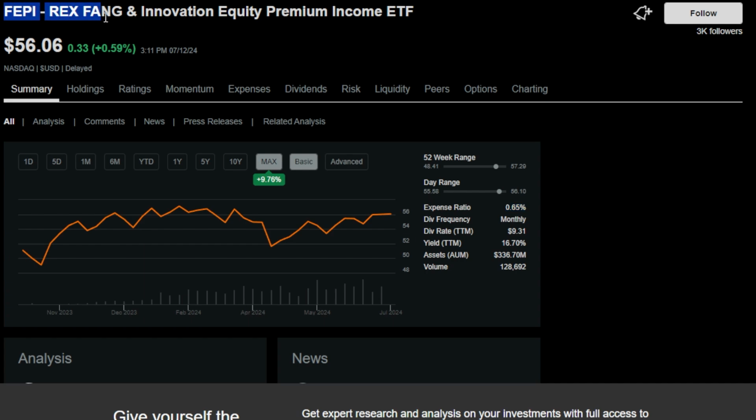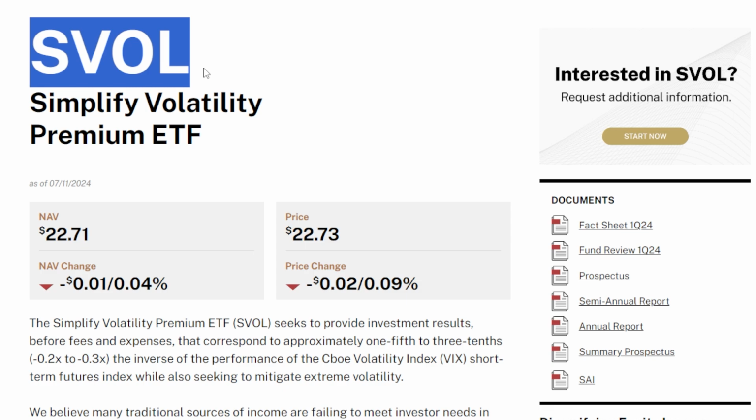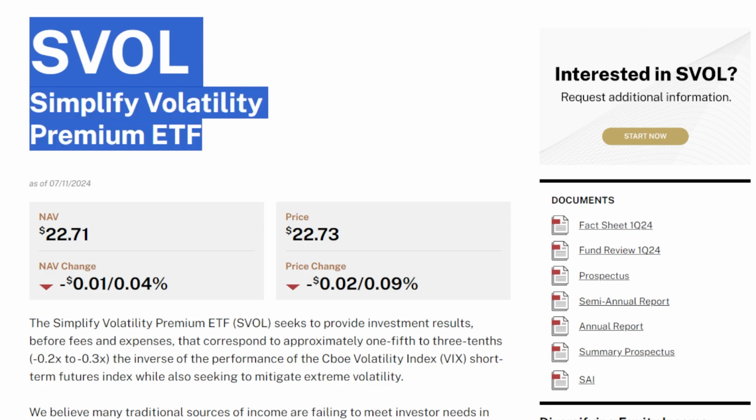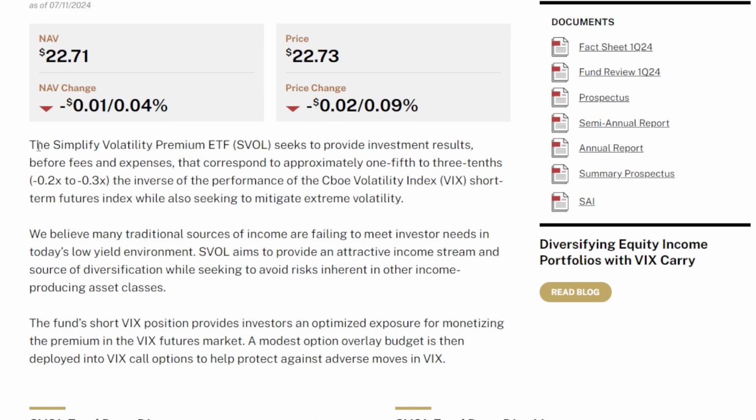If you're looking for ultra high yield, definitely read more about this one. It definitely interests me. The next ultra high yielding ETF that's one of my favorites, I've been buying this one for a while now and been getting paid dividends every single month, is SVOL, the Simplify Volatility Premium ETF. Now it says right here on the Simplify ETF website, the Simplify Volatility Premium ETF, or SVOL,